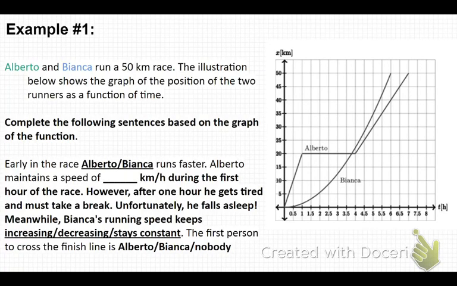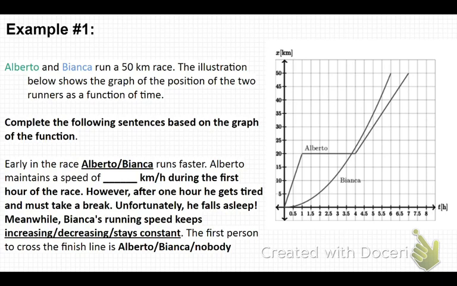Okay, we are interpreting graphs. Diego, please read those first two sentences. Alberto and Bianca ran a 50-kilometer race. The illustration below shows a graph of the condition of the two runners as a function of... Okay, good. Thank you. So the graph right there, it shows pretty much their routes, what they did as a